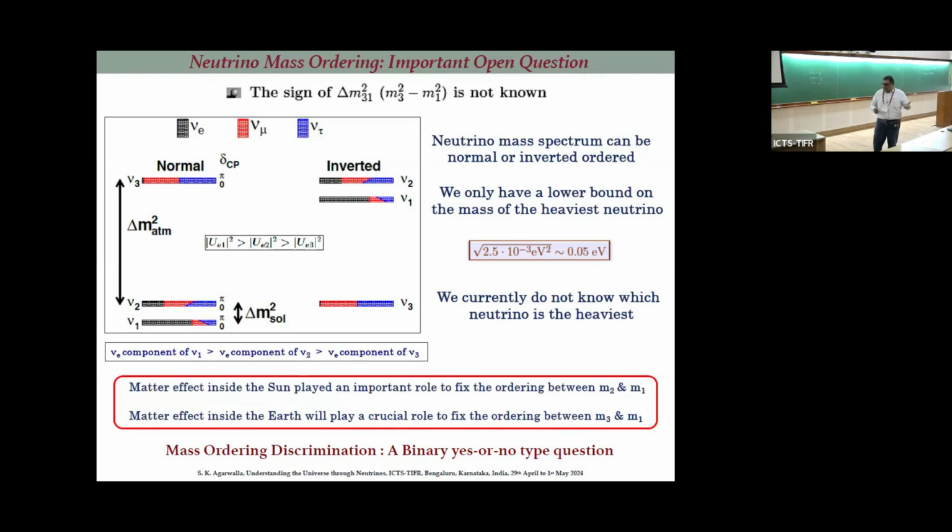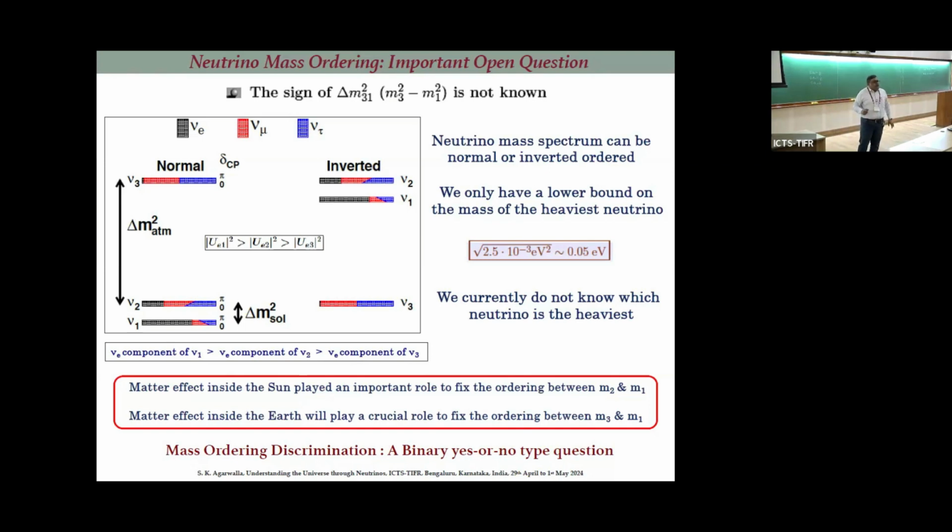You must have heard about this. If I take the present data that are available to us and arrange the neutrino masses, then from the solar neutrino data it has been established that M2 is heavier than M1. And what is their gap? A value of delta m square 2,1. Correct? So this splitting, how you will arrange them, is fixed. It is known that M2 should be heavier than M1, and their gap is also well measured.